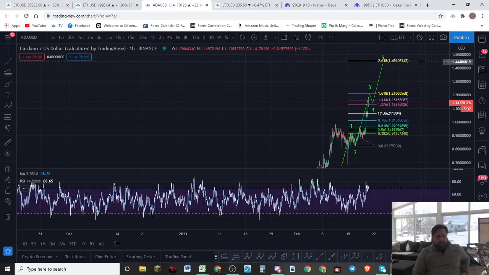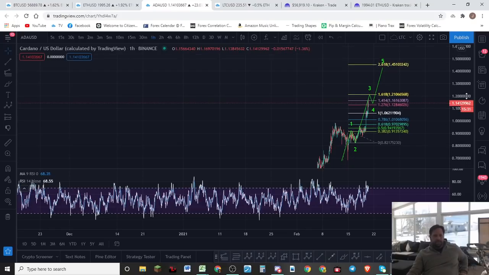A correction is looming. Correction is looming. Mark my words, it's coming. I don't know when, but it's coming soon. So make sure you're protecting yourself. Trailing stops are good if you want to do that. Take your profit. Trade smaller amounts. Get in and out of the market at this stage.